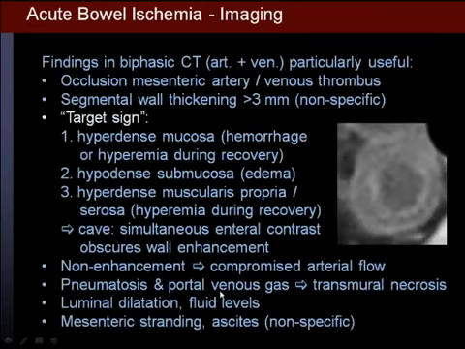And in order to be able to diagnose, we should know the criteria on imaging in acute bowel ischemia. CT is important because on the biphasic CT, in the arterial and venous phase, we can recognize various signs. First of all, if there's a direct demonstration of the occlusion of the artery or the vein, of course, then the diagnosis is easy. But what we typically can see is a target sign. However, this is a non-specific sign, but nevertheless, we can recognize a hyperdense mucosa,